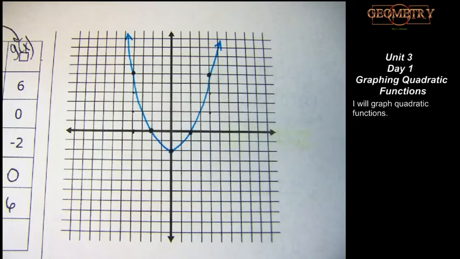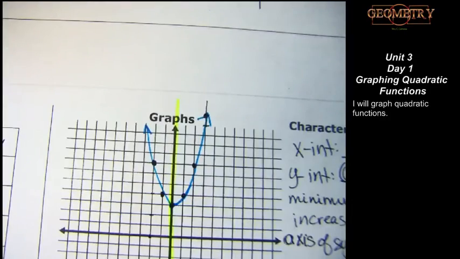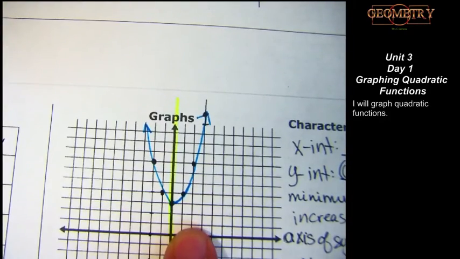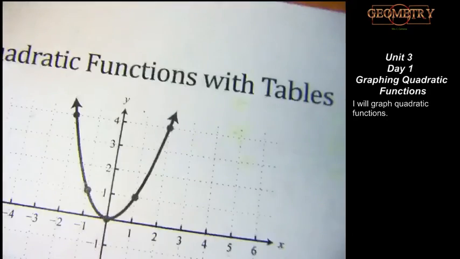Feeling pretty good on this one? And you could see the different characteristics, right? Like the X-intercepts. How many does it have? Wait a minute, the first one that we did only had one. Or excuse me, had none. And now we have one with two. And then if I look at this one,